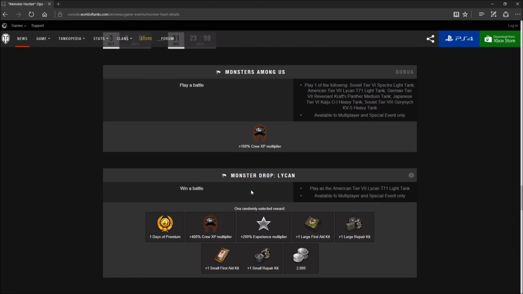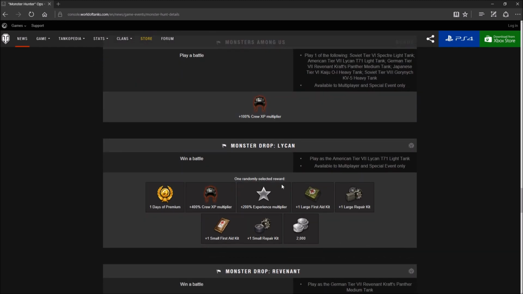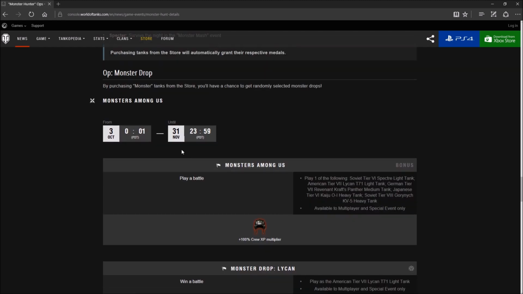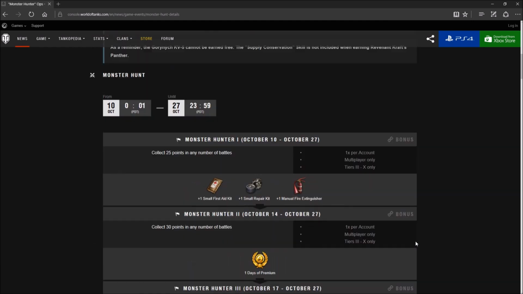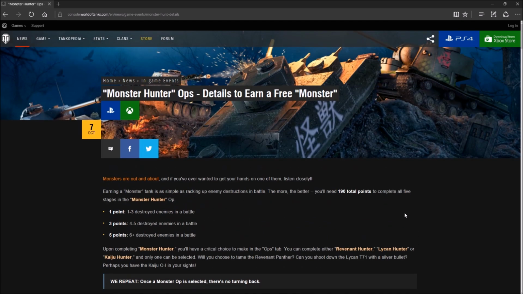So once you've earned your tank, if you play it, you're just going to get these randomly circulating prizes all the way till November 31st, which makes me wonder, in November, are they going to actually do a tank? Because if you really think about it, if we were to go through the history of what we've earned so far, we've gotten the Motherland, the CDC, the Tiger, the Hammer,